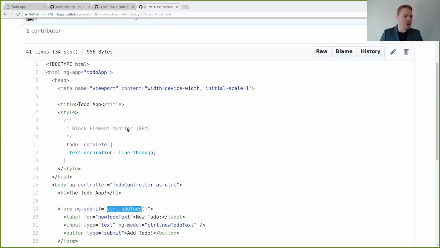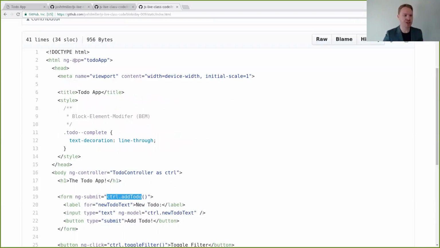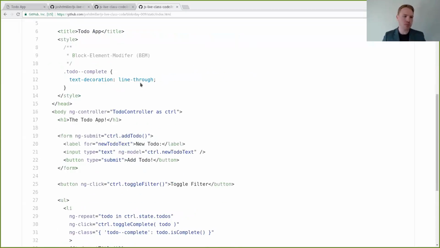All right, so we said, okay, well, if our HTML is our official view, we need to somehow wire it into our JavaScript land. And we do that with the ng-app directive. We say, okay, there's going to be something that I'm going to tell Angular about on the JavaScript side called to-do app. And we're going to put all of our JavaScript related code, we're going to connect it to the view all through this module called to-do app. And we're going to come back and look at that in just a minute. But there's somewhere in our JavaScript this module called to-do app, and this is how we tell Angular to use it. Right? So we got that.